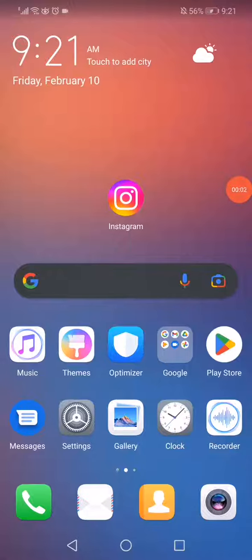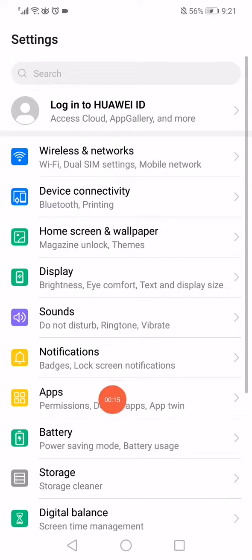How to fix Instagram upload problem. So if you have any problem with uploading in your Instagram, this video is gonna help you a lot. So all what you wanna do is go to the settings, go to the apps,